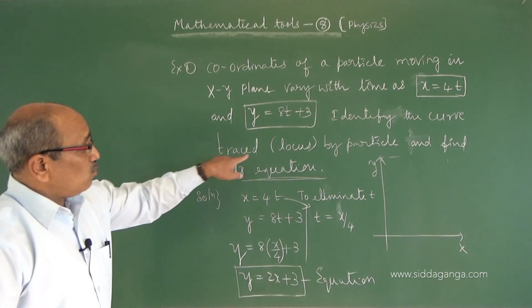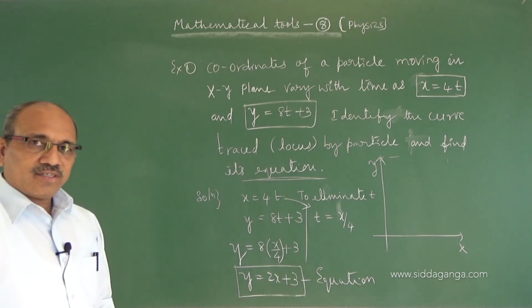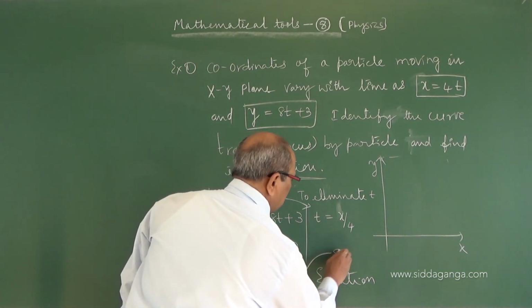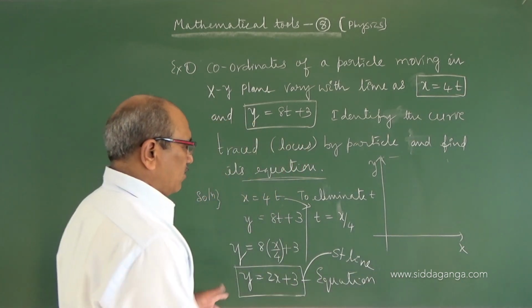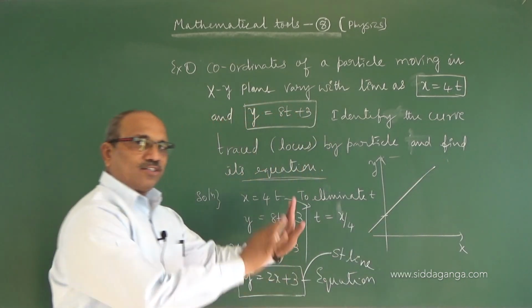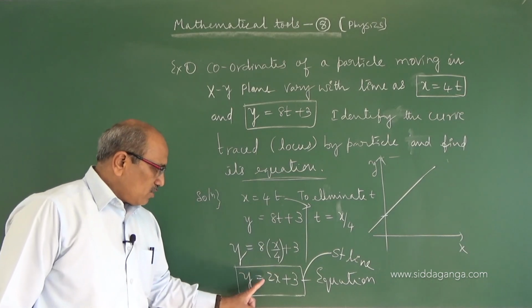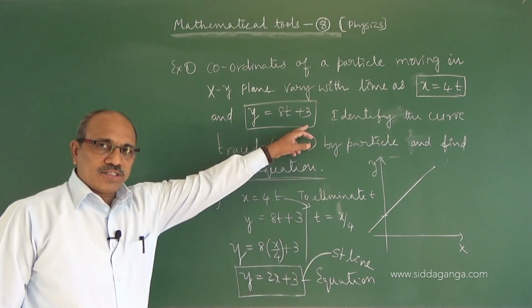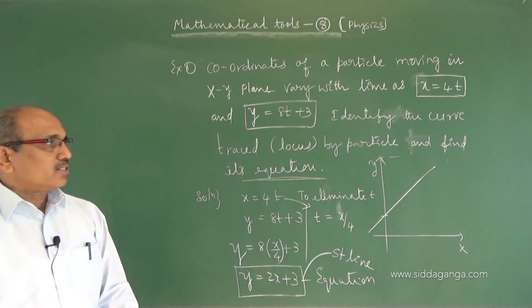And what is the locus? y is equal to ax plus b, y is equal to mx plus c. The locus is a straight line. The y-intercept is 3. I am roughly drawing a positive intercept. Therefore, the curve may be like this. It is not exact, but I draw it to understand. y equal to 2x plus 3. Locus is a straight line, and the equation is y equal to 2x plus 3 is the answer.